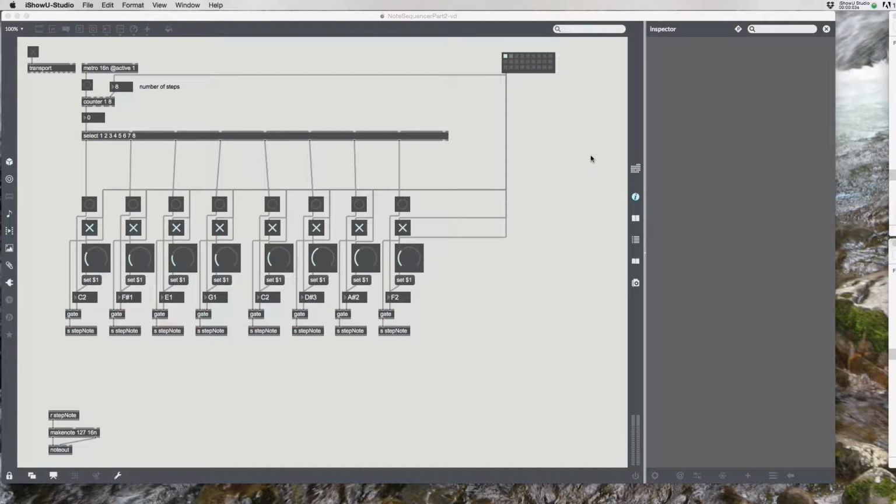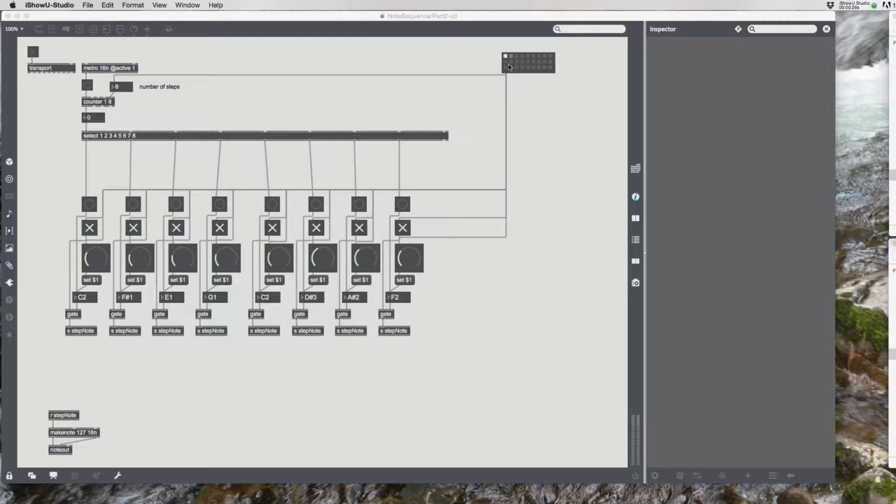Hi everyone. So at the end of the last video, I had this patch. It shows me steps in a sequencer, whether to play the note or not, and setting pitch, sending that out. I can also change the number of steps in the counter and store that information in a preset. Still not a really complete note sequencer, so I thought I would add a third part to the patch